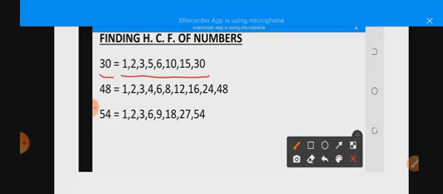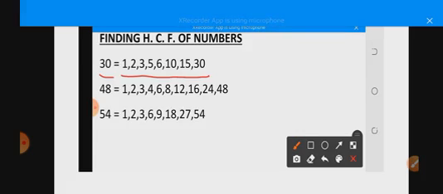Unlike factors, when we talk about multiples of 2, you just keep counting without getting to a definite end. Multiples of any number have no end. So that's